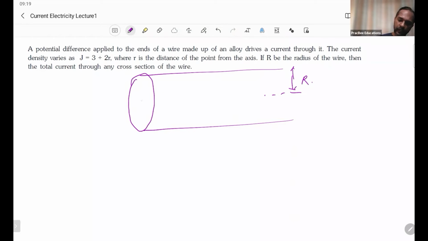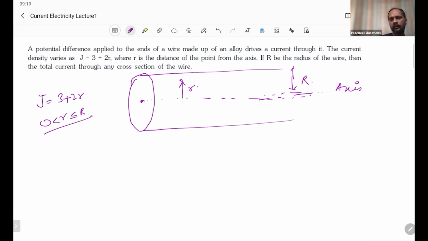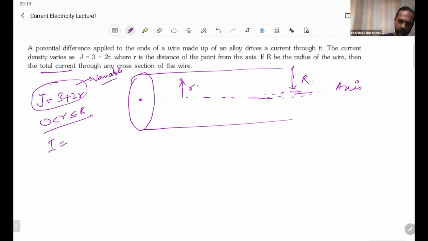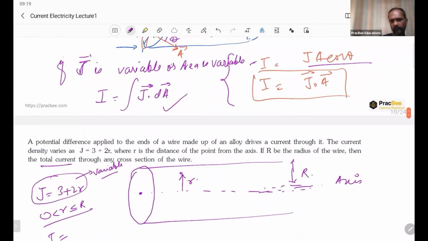कह रहा है कि इसमें जो करंट डेंसिटी है वो वेरी कर रही है from its axis. ये जो है this is axis. एक्सिस से जैसे जैसे आप इधर की तरफ जाएंगे, लेट्स से ये डिस्टेंस r, कोई भी एक पॉइंट P का, तो बेसिकली J is given as 3 + 2r और r का जो वैल्यू होगा वो 0 से कैपिटल R के बीच में होगा। तो जैसे जैसे आप इधर उधर मूव करेंगे तो J चेंज होगा। So we have been asked here to find out the total current, I निकालना है। तो यहाँ पे हम देख रहे हैं कि J is a variable, J कांस्टेंट नहीं है, एरिया के ऊपर कांस्टेंट नहीं है, तो हमें ये वाला फॉर्मूला यूज करना पड़ेगा।